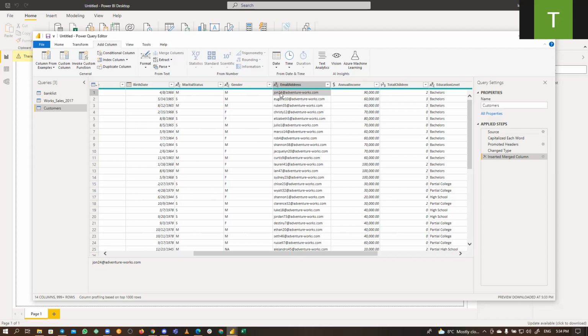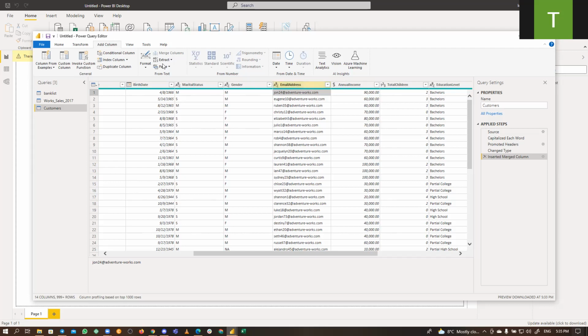Now, if I say extract 1, 2, 3, 4, 5, the first 5 characters here, and it does the same here, are we still going to get the same result? No, because this one has more than 5. So literally what we need to do is set a standard. We need to set a delimiter.